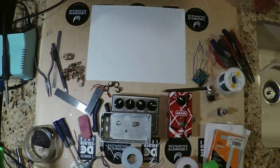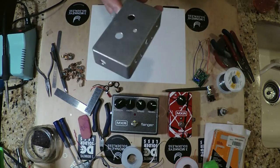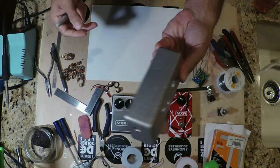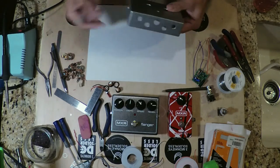All right, so we're back this morning working on the little loop box for the flanger and phaser. Obviously where we last left off, we had finished machining our little Hammond enclosure here for all the various parts,